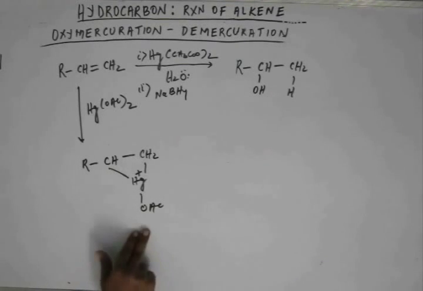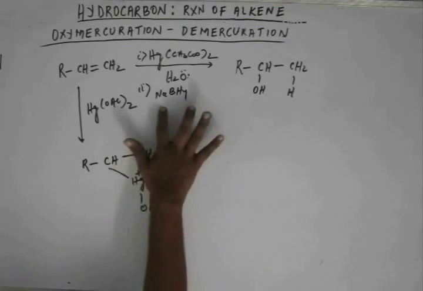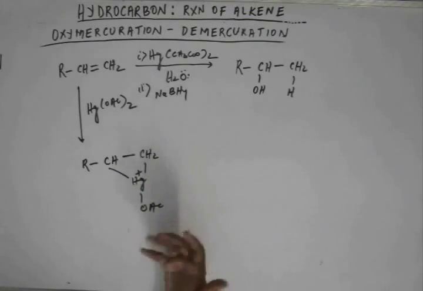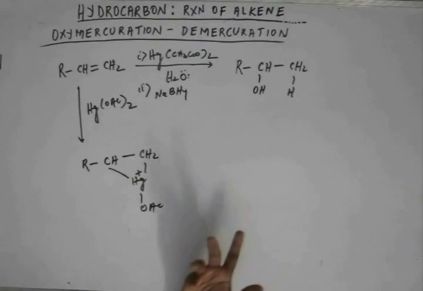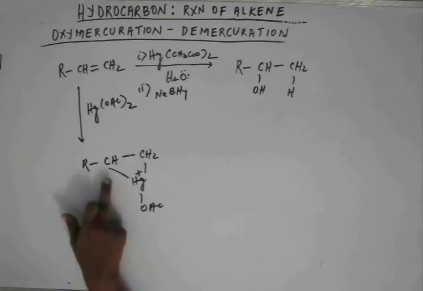Once we have the cyclic mercurinium ion, in the next step we haven't added sodium borohydride yet. So in the next step all we have in the system is water, and that water will come and break the cyclic ring,